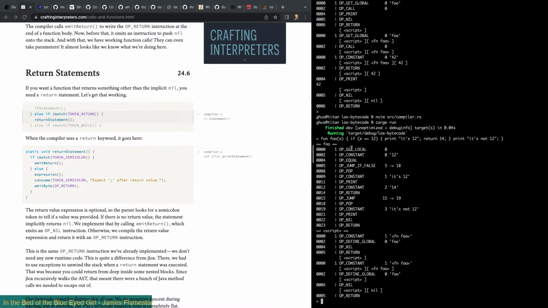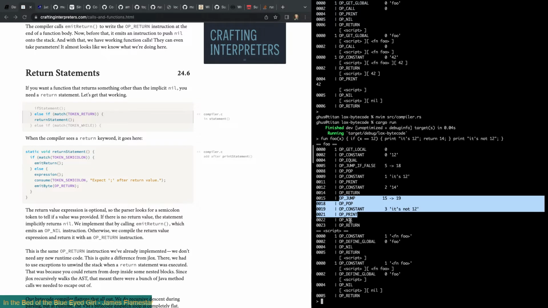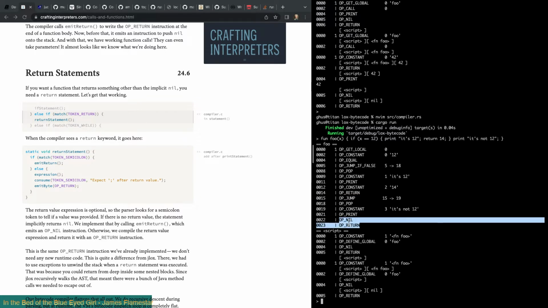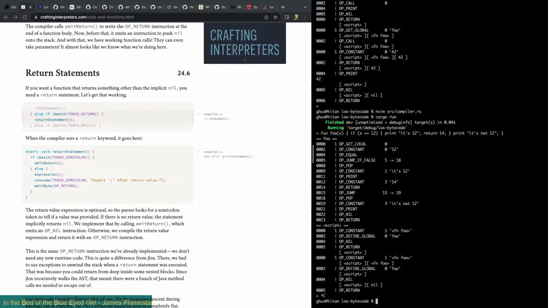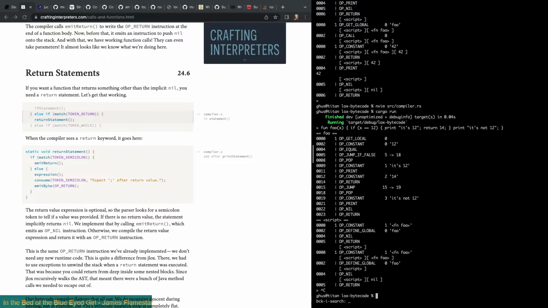And now if we look at this, we have the get local, compare it to 12. If it's false, we pop and so on. And so here, where we're doing a return, but if we say, okay, we have a return statement, we still need a return statement after this thing. So this is still important to have. So we'd have to keep track of, is the last thing we did a return statement? And if so, we don't need these. And I can imagine there might be some corner cases there as well, which would be annoying. So I'm just going to leave it. This is the bottom line on that.